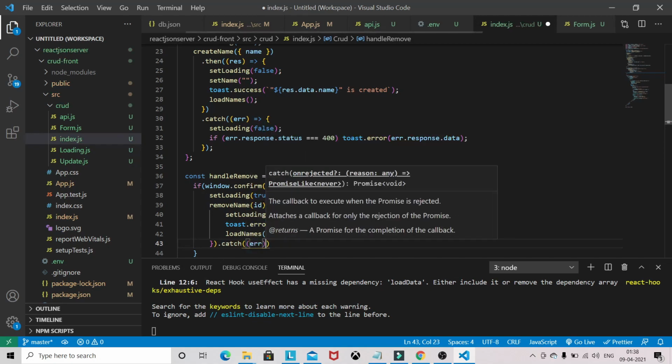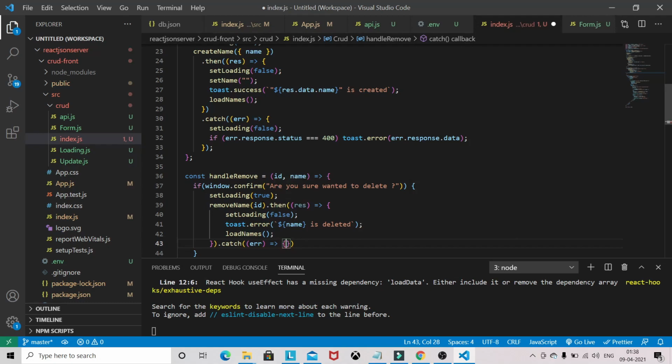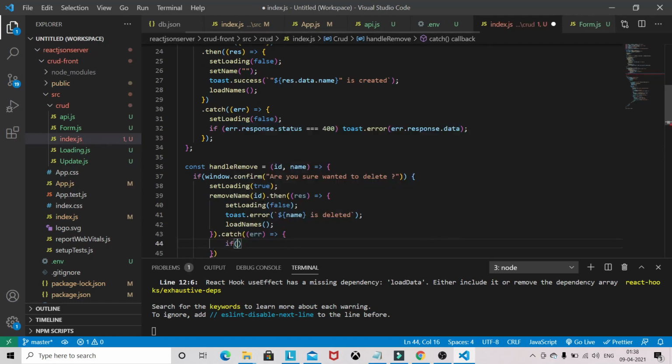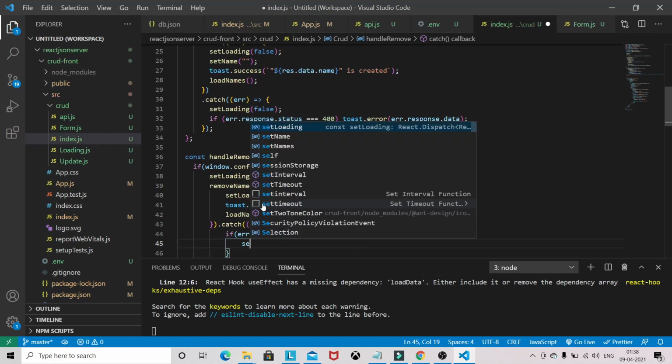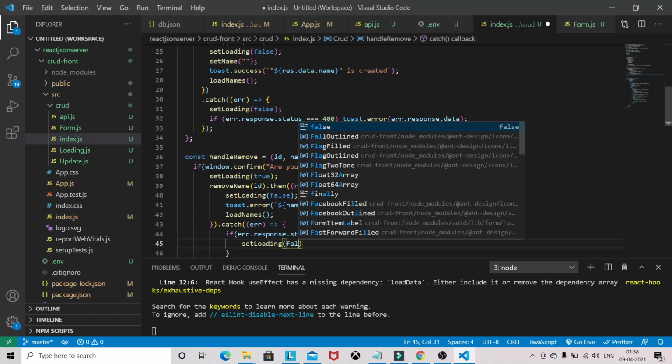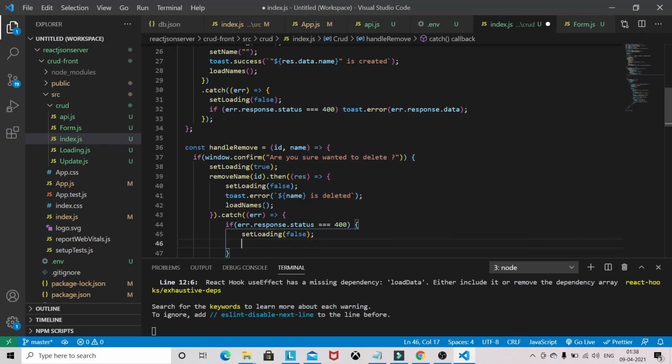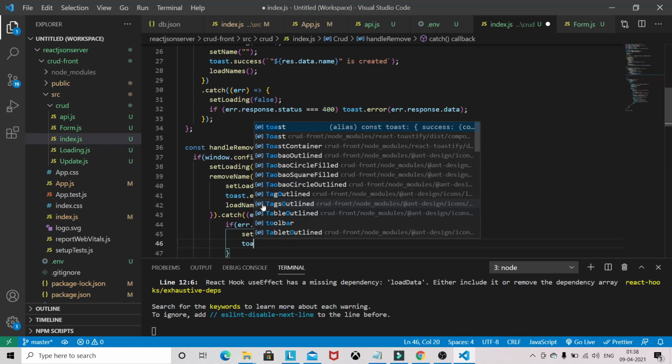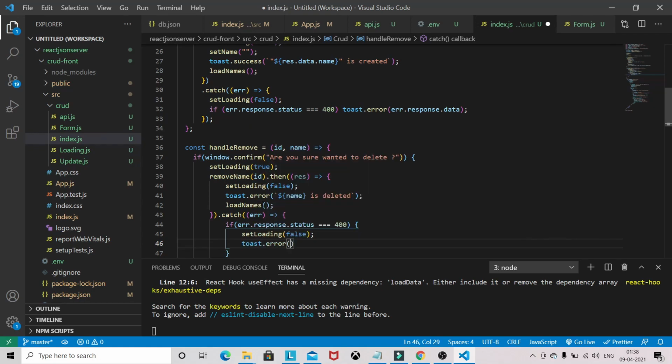So if error.response.status is 400, in that case also it will be false, and toast.error, again that error.response.data.